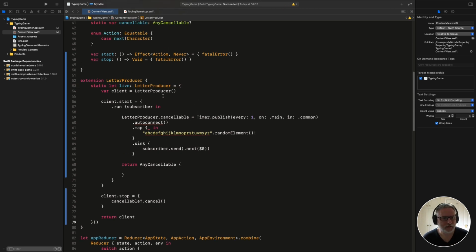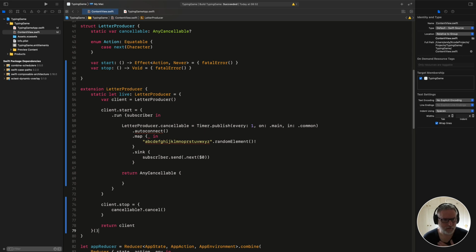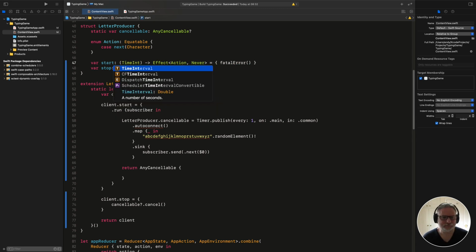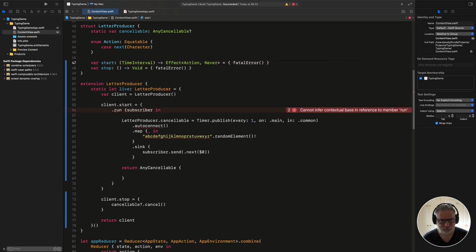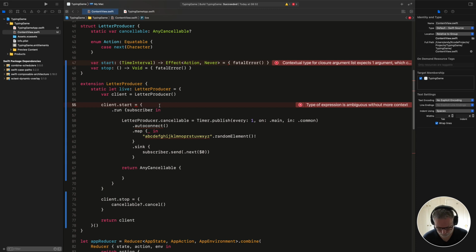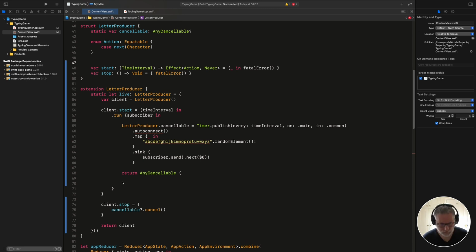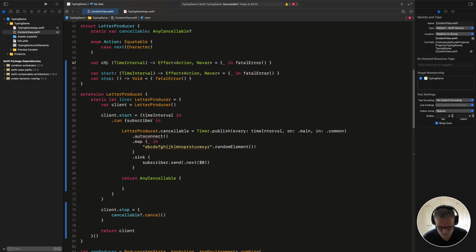So, and we need to keep hold of the subscriber. First of all, we need to change this to take a time interval. We need to be able to change the time interval, so it's going to be a bit like that. Going to do change